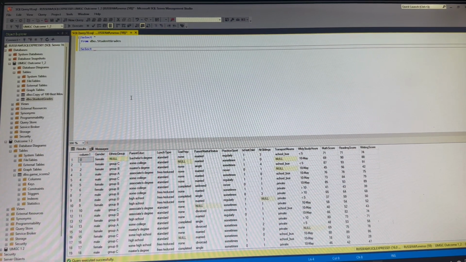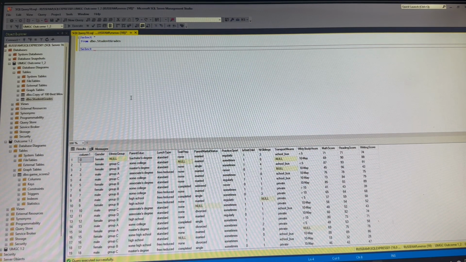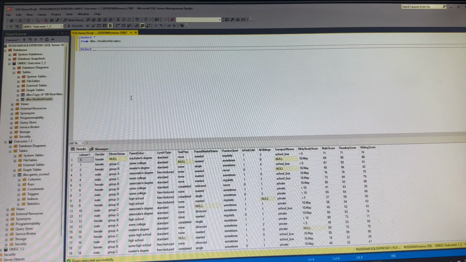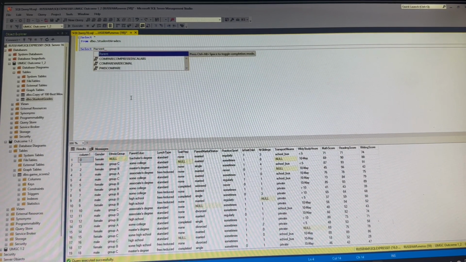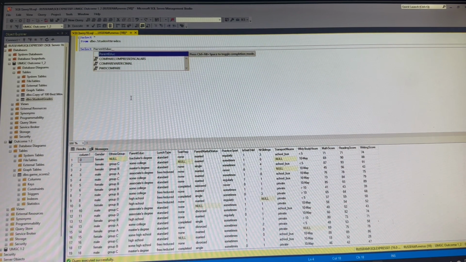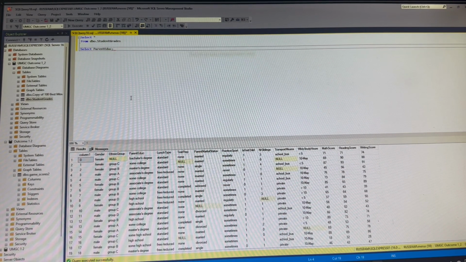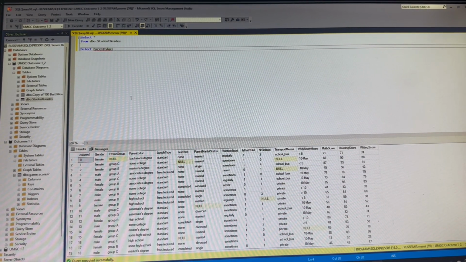I want to find out about the parents. The first one is going to be parent ed. Put a semicolon, space, parent marital status,